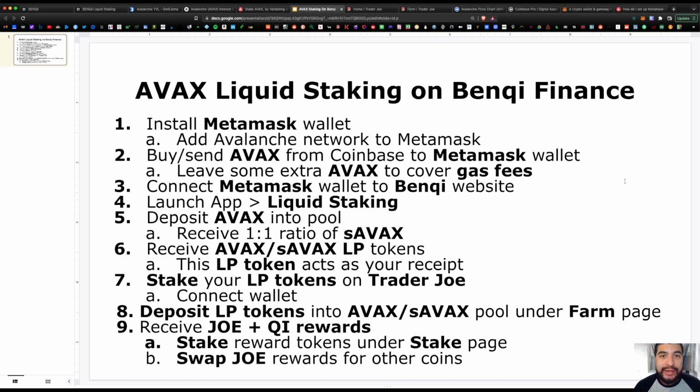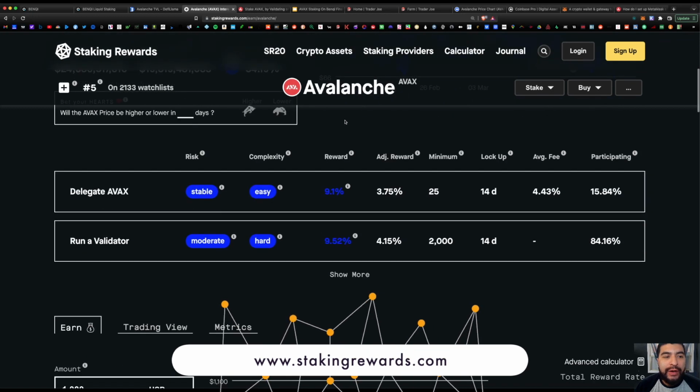So today I wanted to cover a complete guide on how to liquid stake the Avalanche token within Benqi and Trader Joe and earn up to 15% APR. Let's get started. Right off the bat, the reason I recommend staking with Benqi is if you stake in